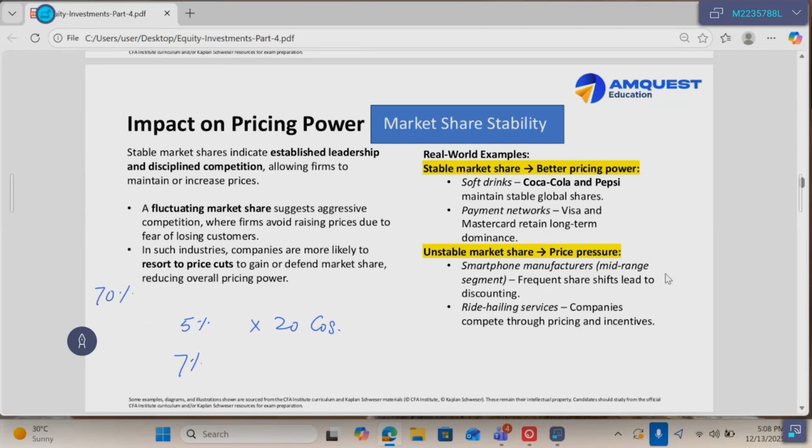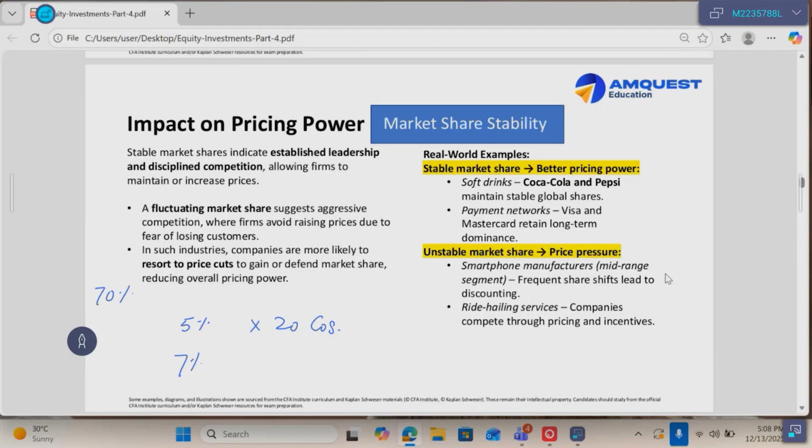A fluctuating market share suggests aggressive competition, where firms avoid raising prices due to fearing the losing of customers. Here, the best example is telecom. If Airtel charges more, then with MNP, mobile number portability, you will switch to Jio. Jio's market share will increase. Airline, on the other hand, is also a good example. In such industries, companies are more likely to resort to price cuts to gain or defend market share, reducing overall